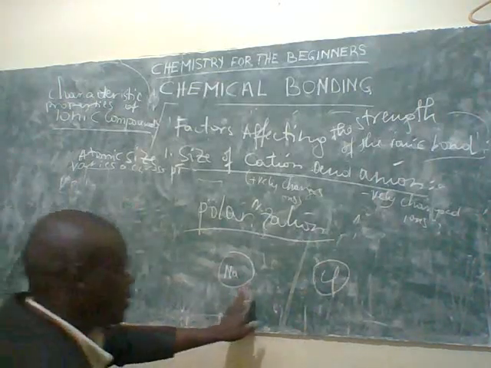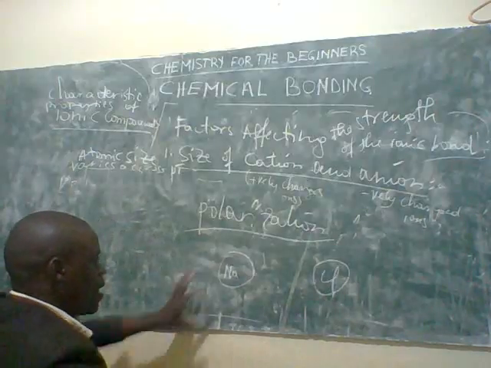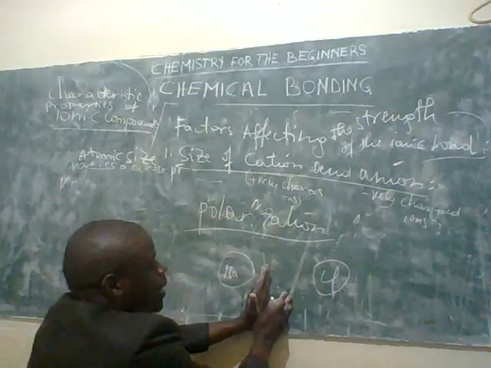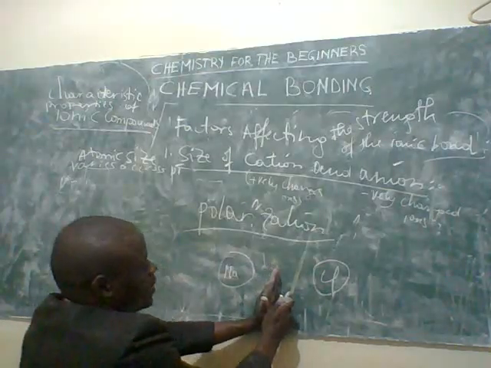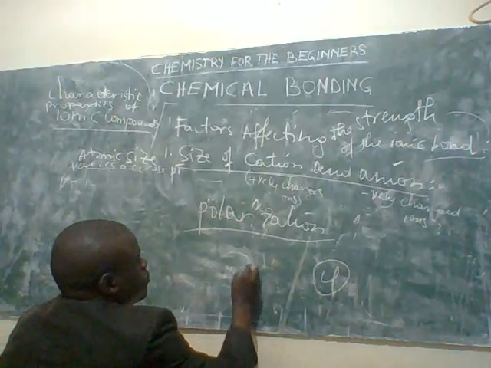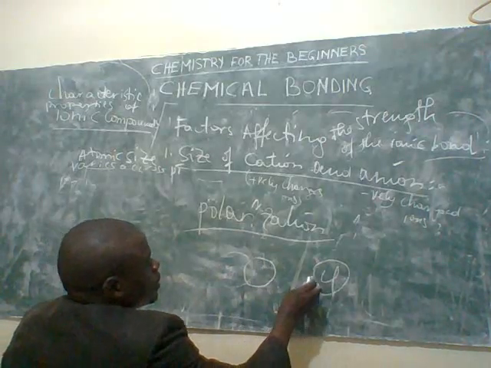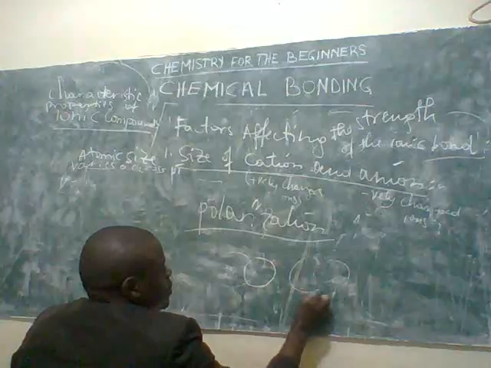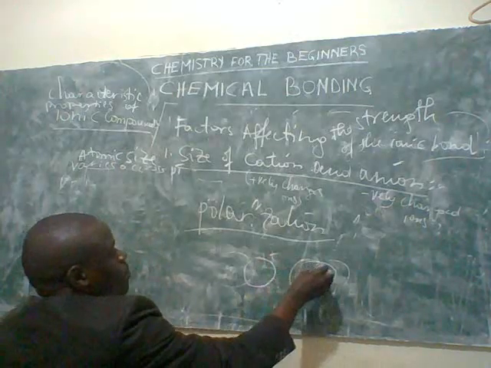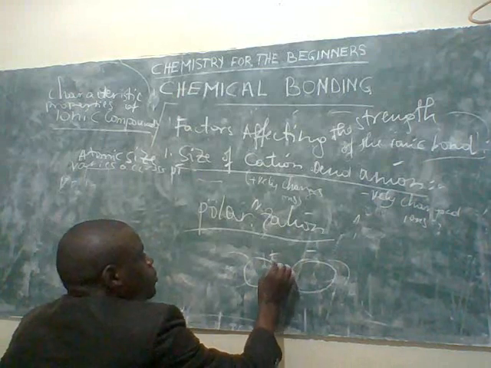We still use the same examples. They are coming together like this, each time this one is displaced to here, and this one is displaced to here, and they become positive and negative, about to